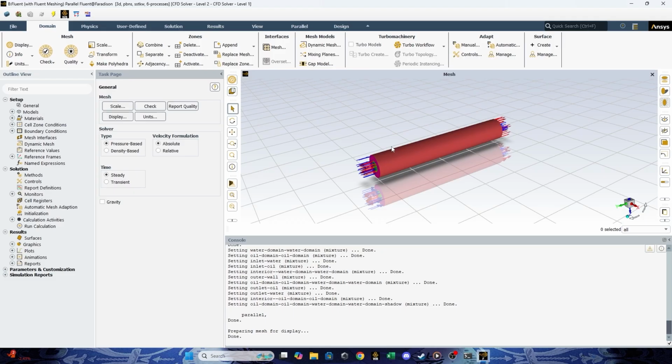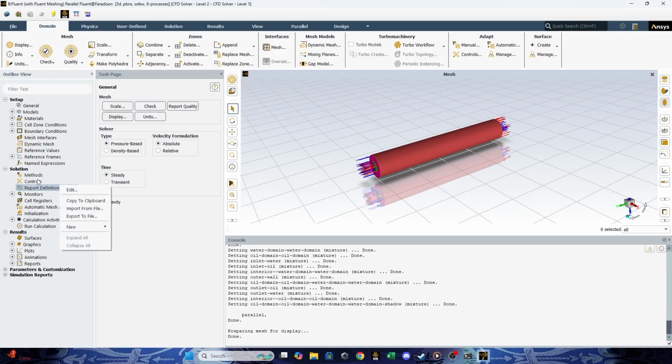This depends on what kind of pump we should utilize for both fluids.